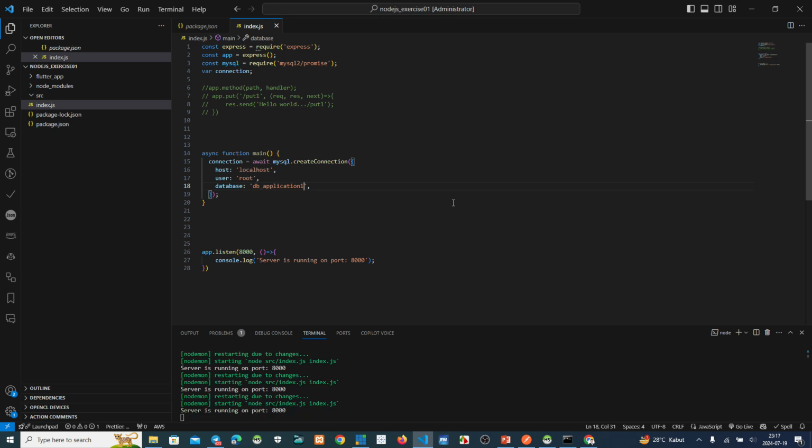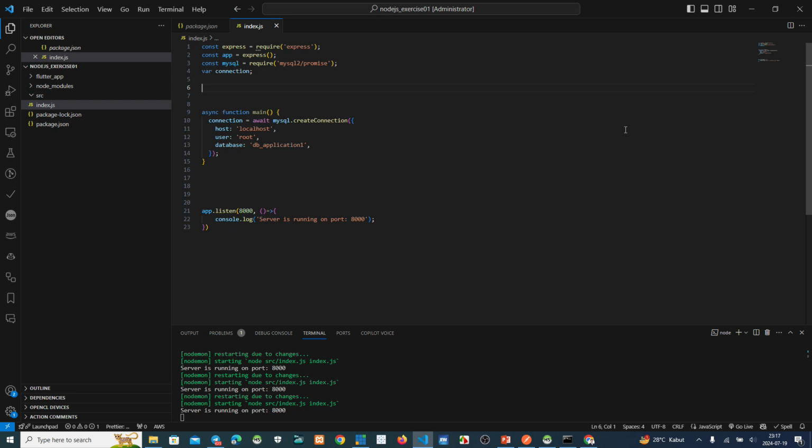Okay, moment please. Okay, we see this one. Asynchronous function main, user, database, and also what else? This one.